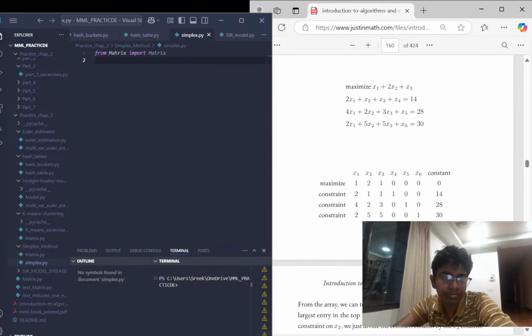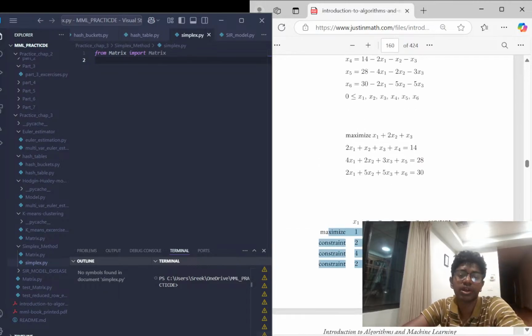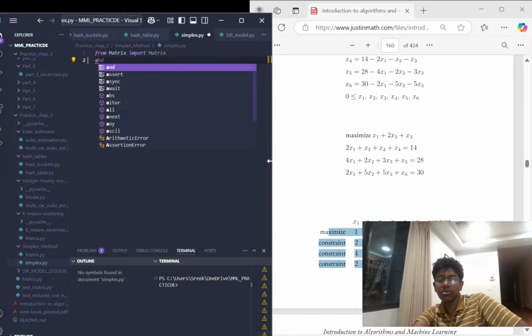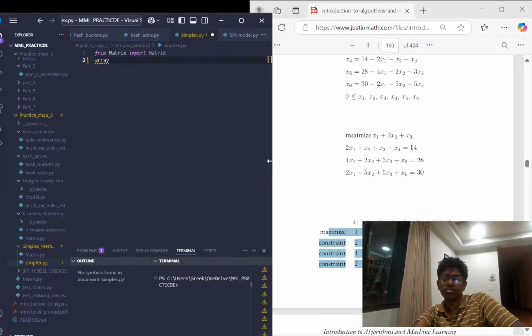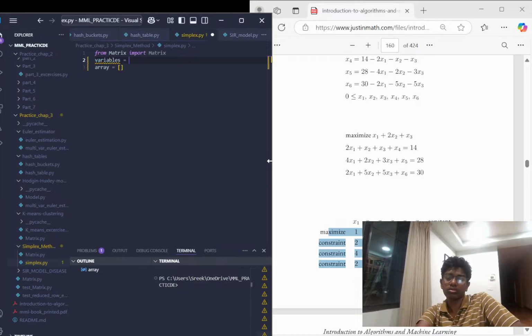Okay, so the input should be the first array I write down. So it should be basically this array. So what is this going to be? So this array, it's going to be, let's say, let's call this vars, and then let's call this